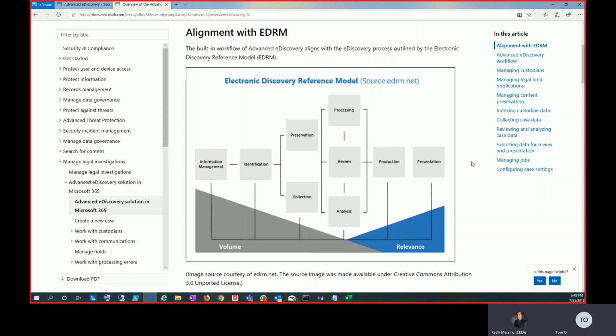Right. And that brings us obviously into the collection. You preserved everything, but how do you take out the ones you want to use, the documents you want to use for the particular task or tasks that you're going to work on immediately? Preserving gets them sitting there in place, but we want to collect them, or